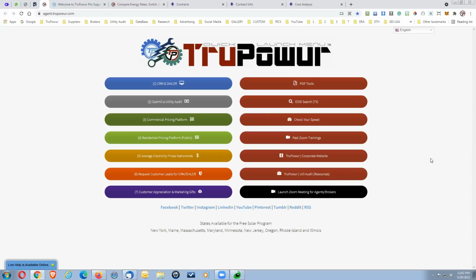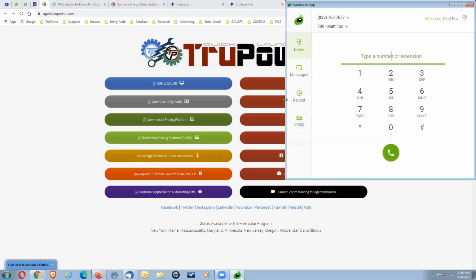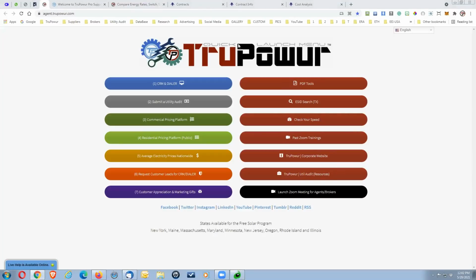From here, you can access just about everything other than your email client in Thunderbird and/or your Grasshopper, if you are going to be using that for general communications. Otherwise, you don't need Grasshopper in order to work within the CRM. So a couple of things we have added. All of the main categories that you're going to deal with on a day-to-day basis are over on the left-hand side, and it's color-coded,